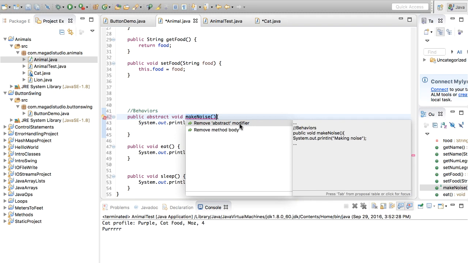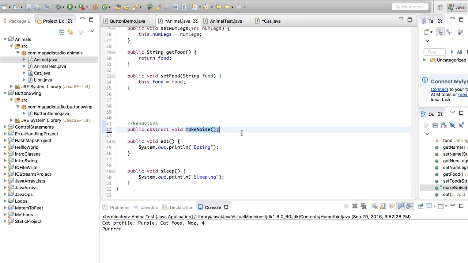It's going to say remove abstract modifier as the first option. The second is remove method body, because every abstract method is not supposed to have a body. Well, why is that? Well, it's because the whole idea here, if it's abstract, we want to be able to implement that method in the child class. Meaning, if we do this, we're saying that, well, make noise, it's going to have to be implemented on the children